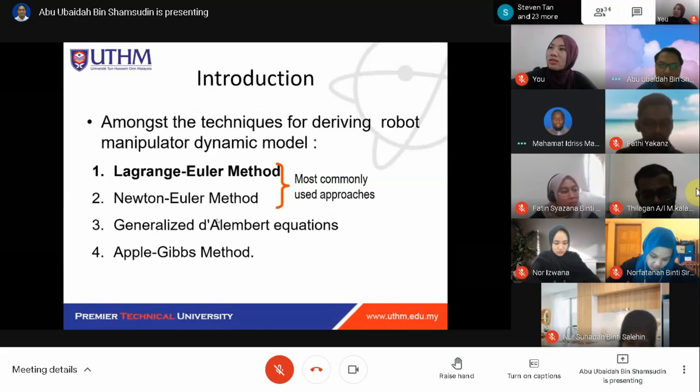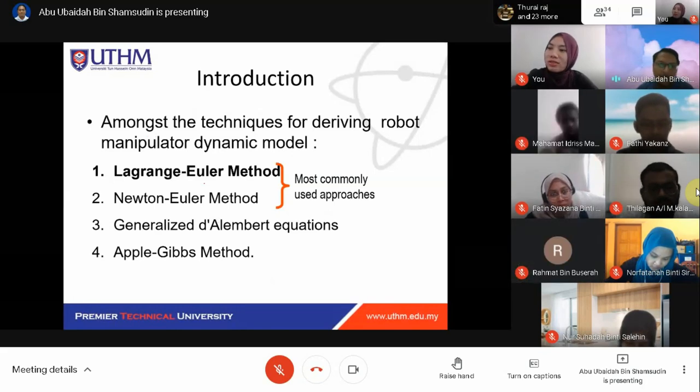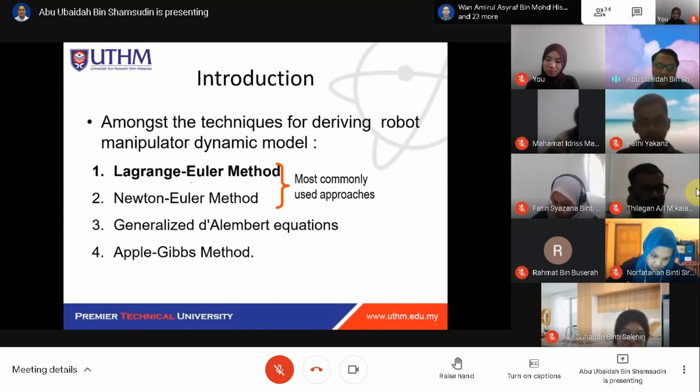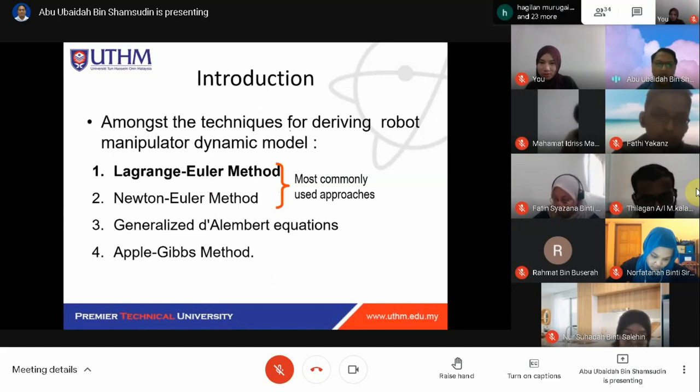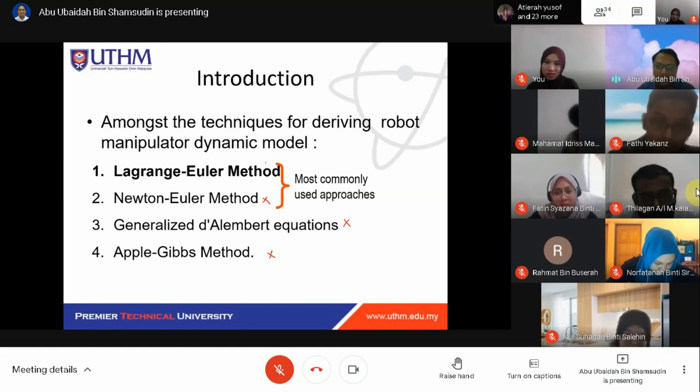So there are a lot of techniques to calculate the dynamic model. The most commonly used are Lagrange and Newton-Euler. You can also use the generalized D'Alembert equation and Appell-Gibbs, but these will not be covered in this class. Lagrange is the easiest way to calculate, but